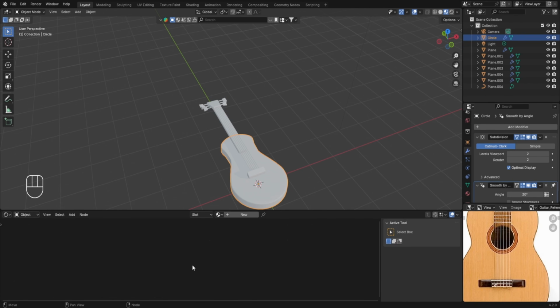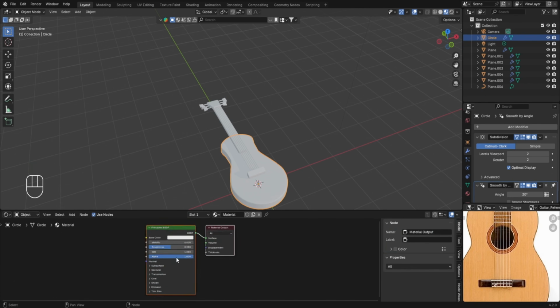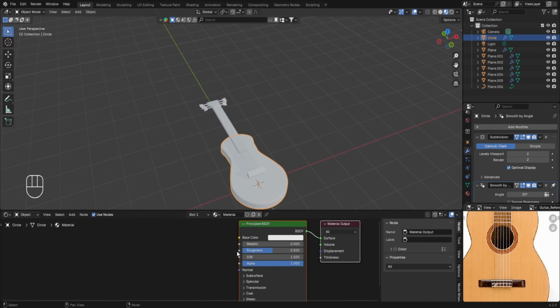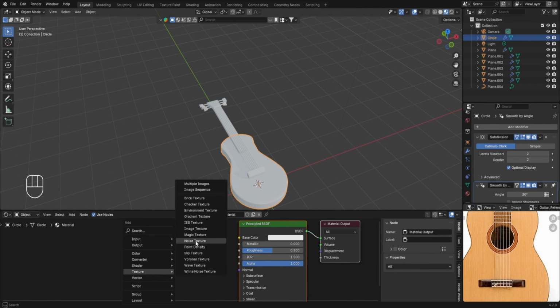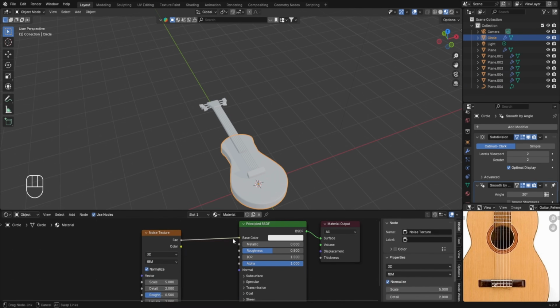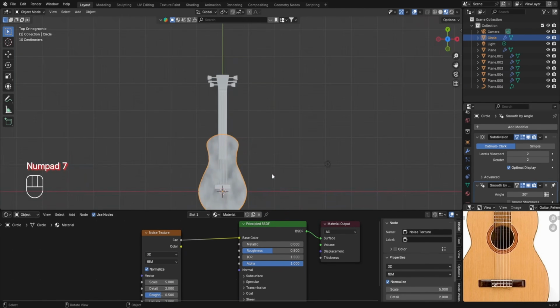Now to create a new material, click on the new button, let's zoom in, and now we'll be creating a wood-like texture for the guitar body, and for this purpose, we'll be using the noise texture. So press Shift plus A, then go to the texture, and from here, select the noise texture. Let's place it over here. Now connect the factor socket to the base color, and in order to create a wooden texture with some streaks,